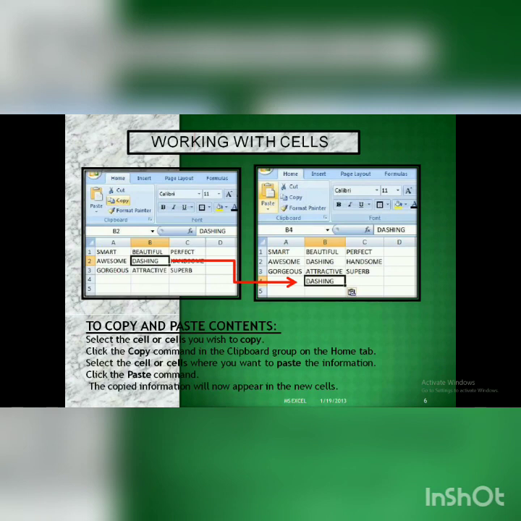If you want to do the copy paste or the cut paste option, what you have to do is select your cell, click on the copy option, then move to the cell where you want to paste, then click on the paste option, and it will get pasted. You can see copy, cut, paste, all 3 options are available in the Clipboard group. Clipboard group is present in the Home tab. You can also use the right click method, and you can also use the keyboard shortcuts.